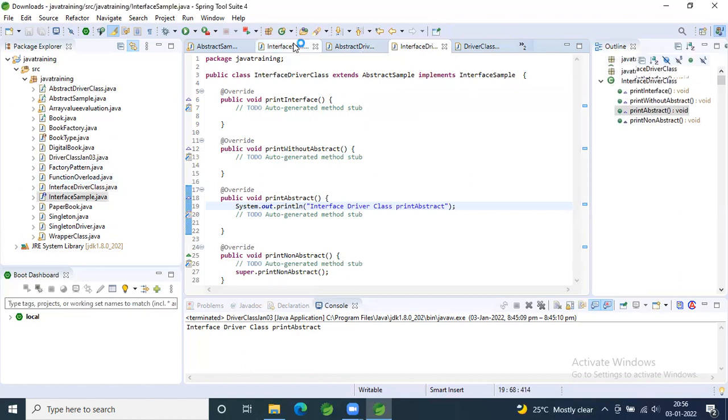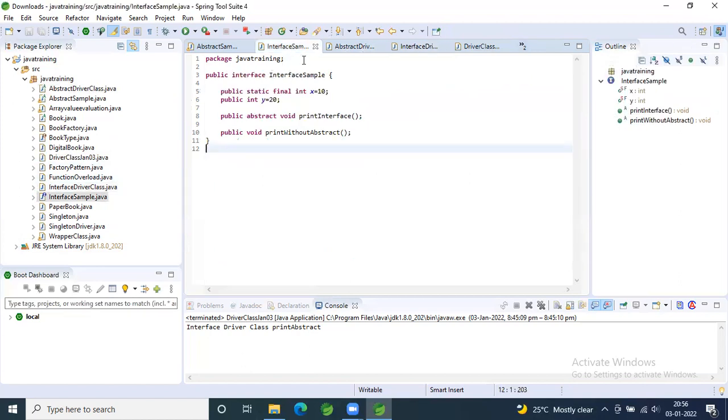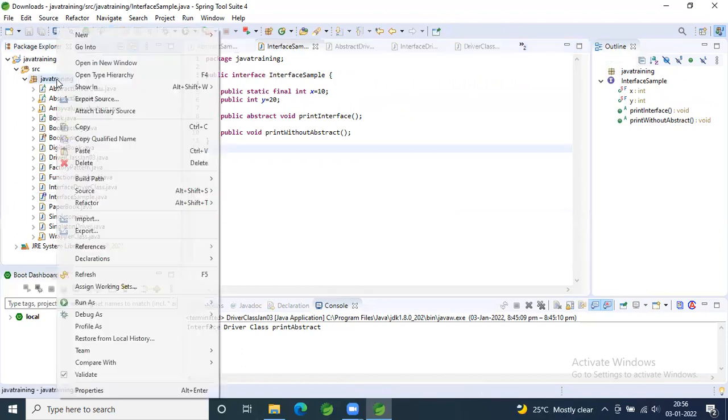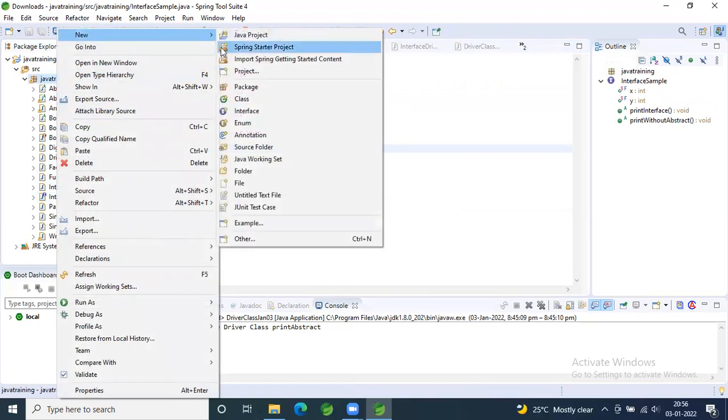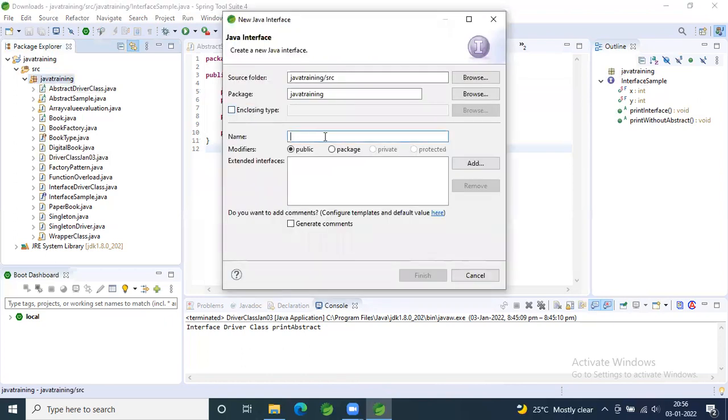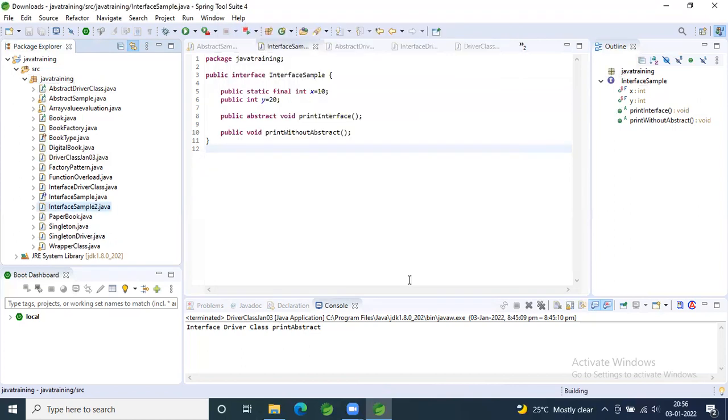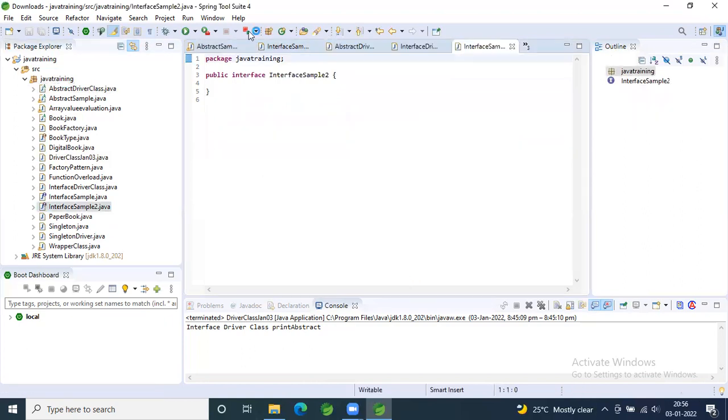Now create one more interface, interface sample 2. You want to try implements? Implements, give your other interface name.